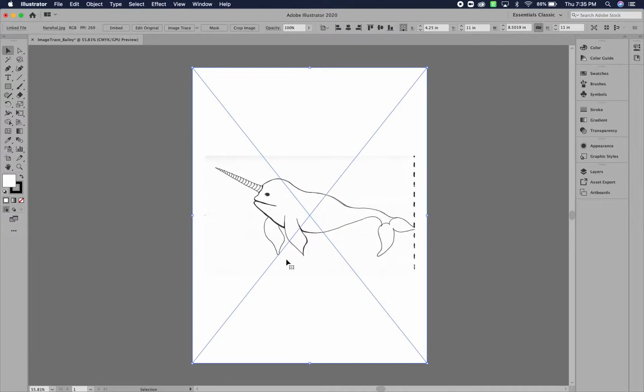But I also have this X on here, and this is telling me that I have a pixel image that I've placed into Illustrator. This also means that it's not embedded, it's just linked, okay? A linked file means that that file exists outside of this document, and if we were to close this document and open it up on another computer, this image wouldn't be linked anymore. It wouldn't be here